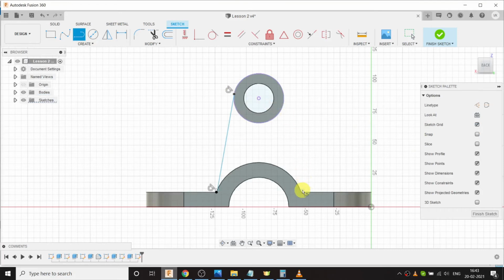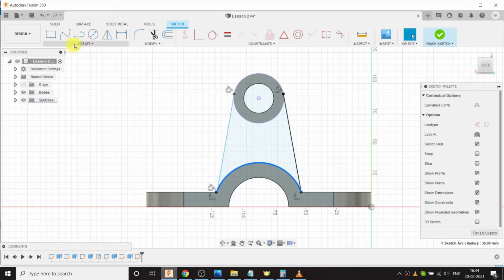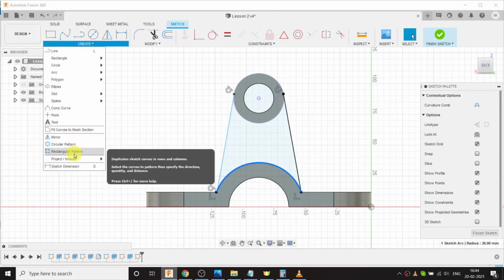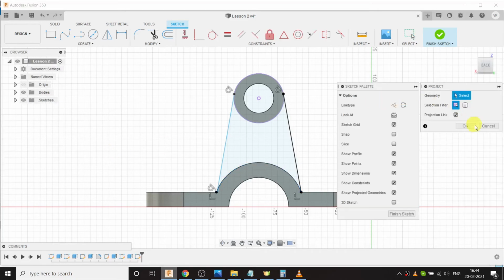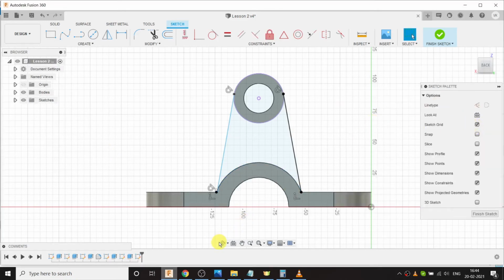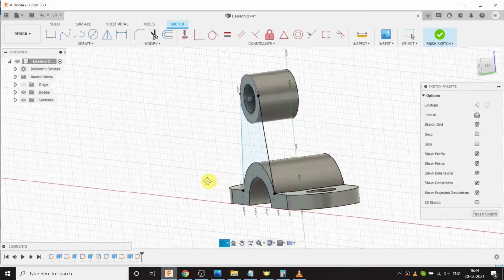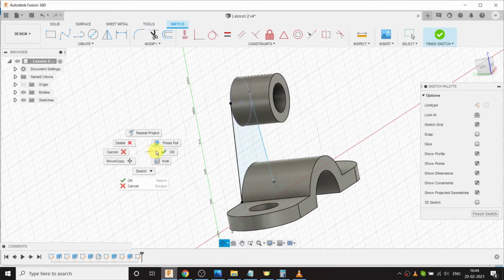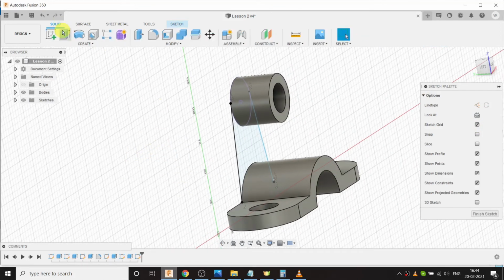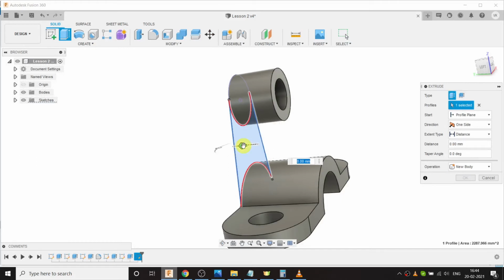Again create another line like this. Click OK. Select this edge and go to create, choose project tool, click OK. Rotate the model, click OK. Go to solid, choose extrude command, select the profile and enter the thickness as minus 12 mm. Click OK.